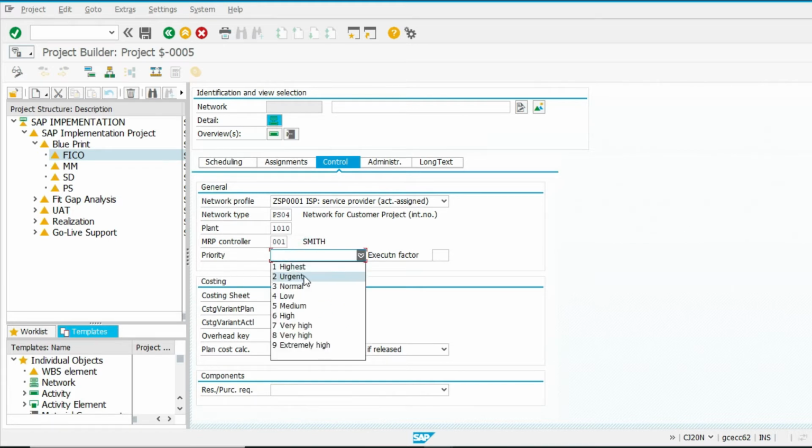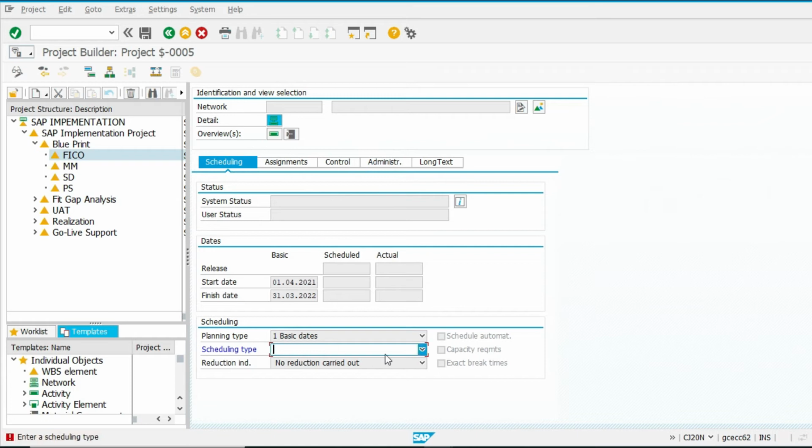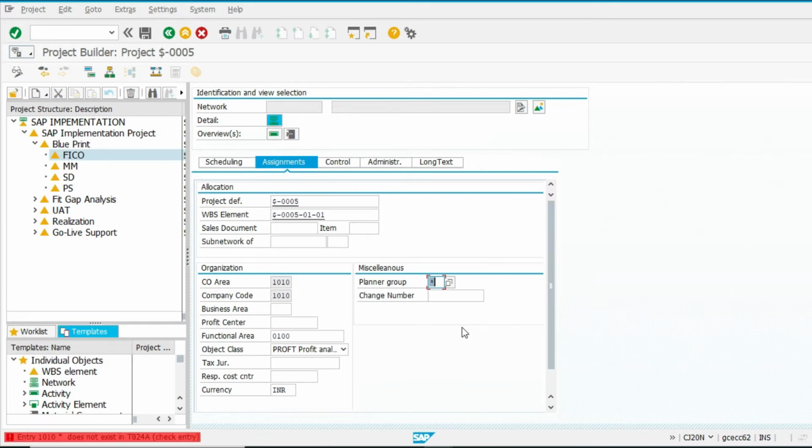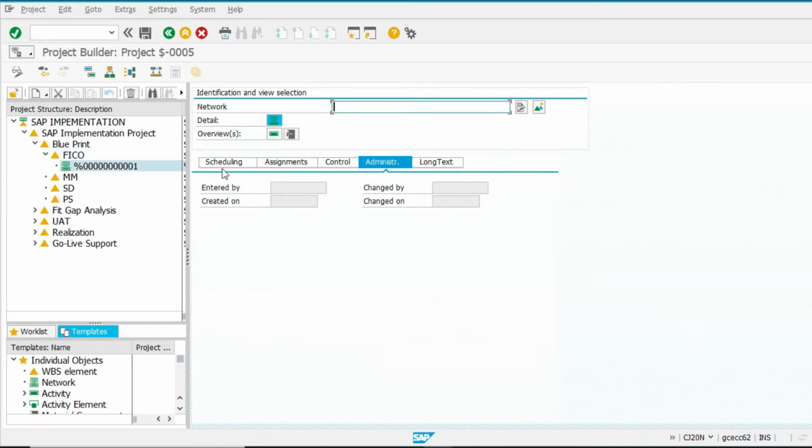Then we can set the priority also. What is the priority of that network? Scheduling type forward. Planner is not required. So double click to go.